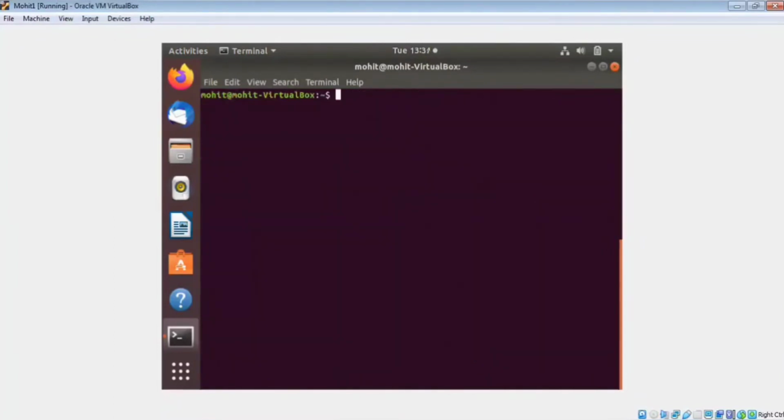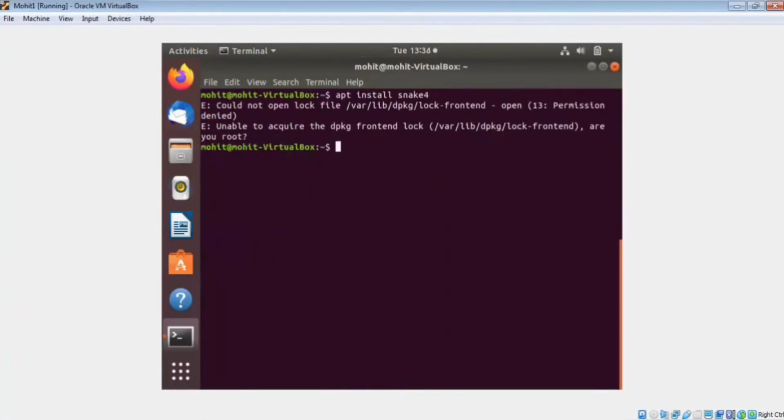Now I'm going to install the Snake 4 game. In this, you have to type one command like this: apt install snake 4.